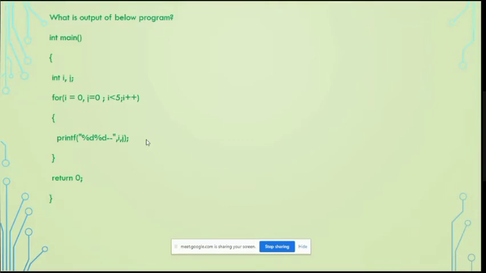Third iteration, i will be incremented from 0 to 1, then in the third iteration 2. What will be the value of j? It will remain the same, 0. Now your doubt is clear?